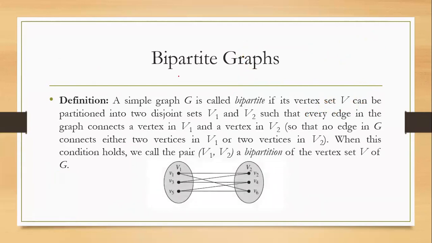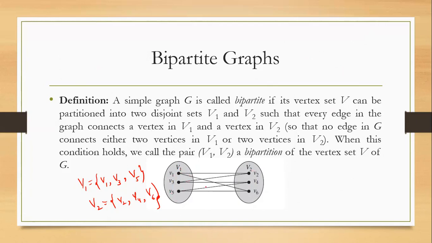So over here we have two vertex sets V1 and V2. In the vertex set V1, I have the vertices V1, V3 and V5, while in the vertex set V2, I have V2, V4 and V6. Now in this case, whenever I have such a graph, if you look carefully, V1 is connected to the vertices in V2 only. It is not connected to the vertices in V1 itself.